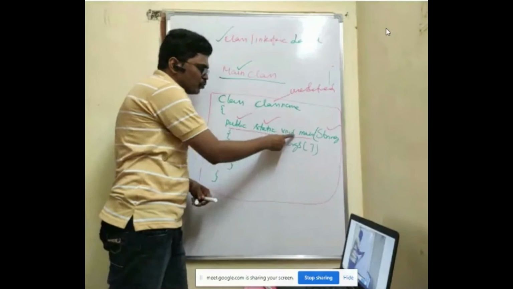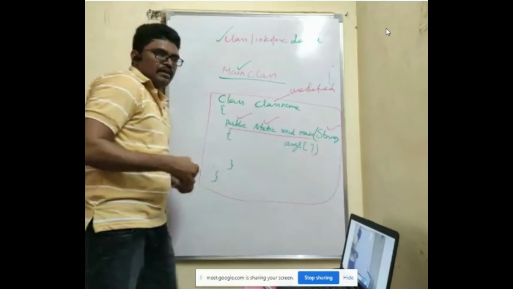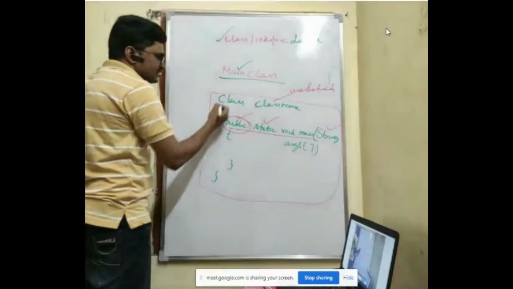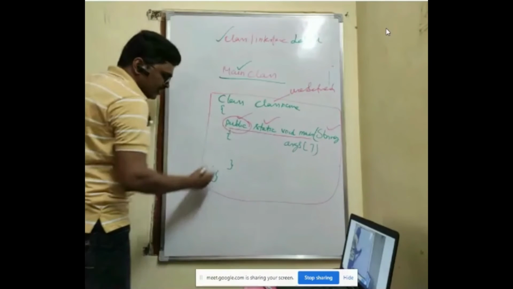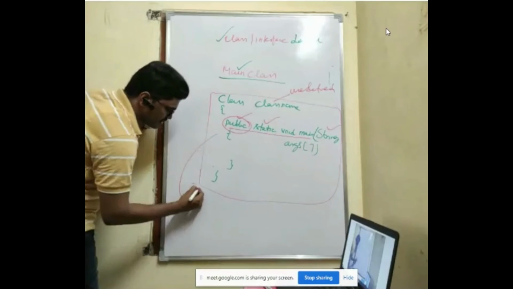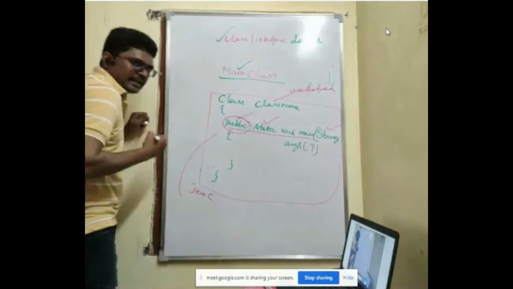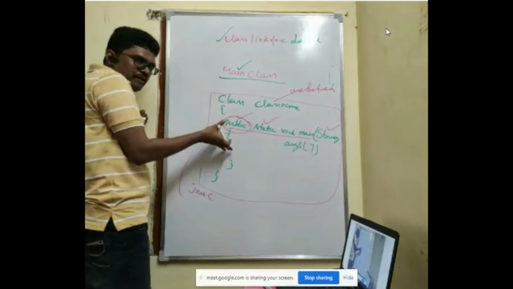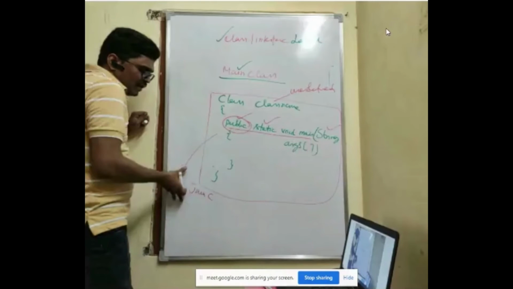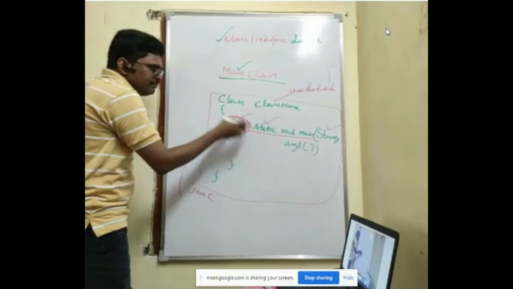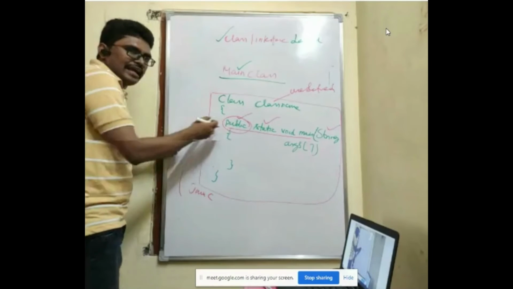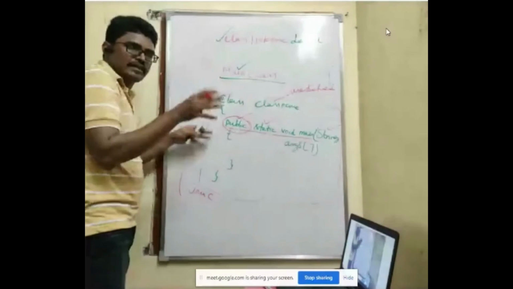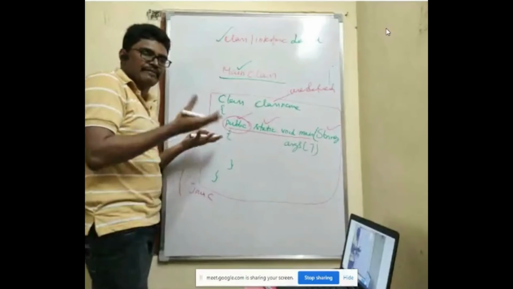Public static void main String args. I'll explain the usage of these keywords. Normally, if you have written anything inside the class and it is being accessed, this program must be run by the Java compiler. The Java compiler has to access this program, and the Java compiler is not inside of your program. The word public means it can be accessed by everyone. Public says it is a public property. Everyone is going to use it.